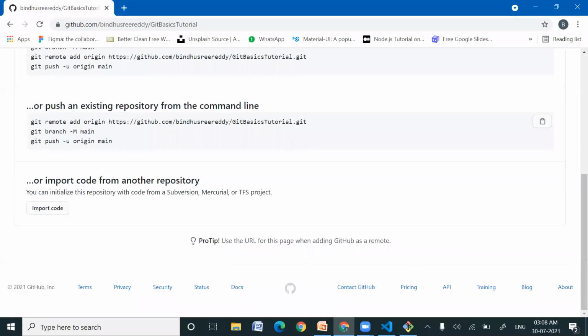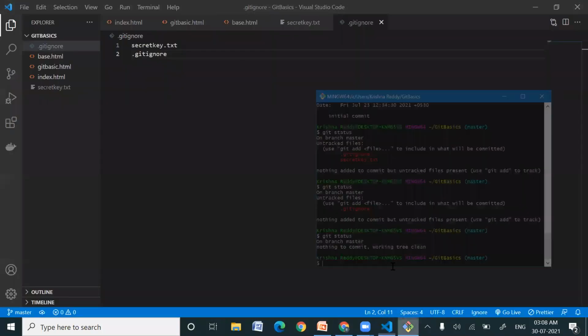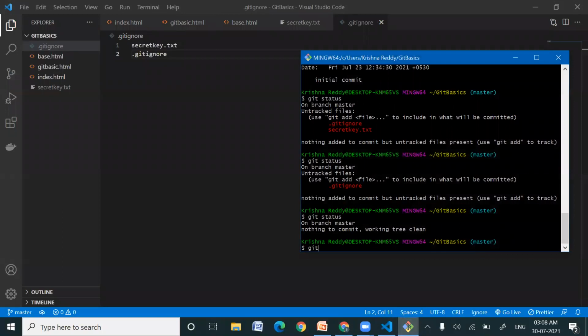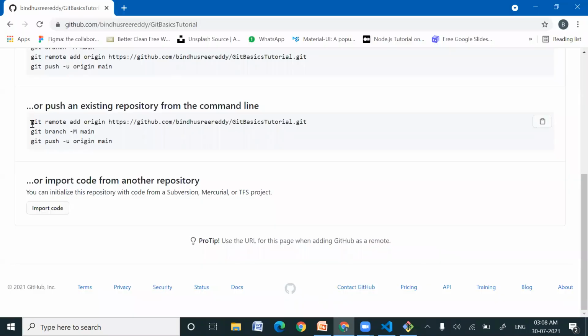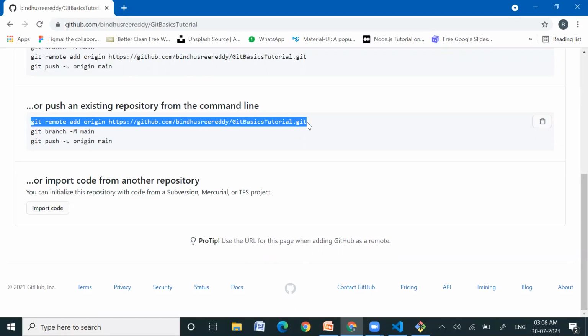First we'll go into Git Bash and type git remote -v. We didn't get anything, so now we can use this command and push the code.